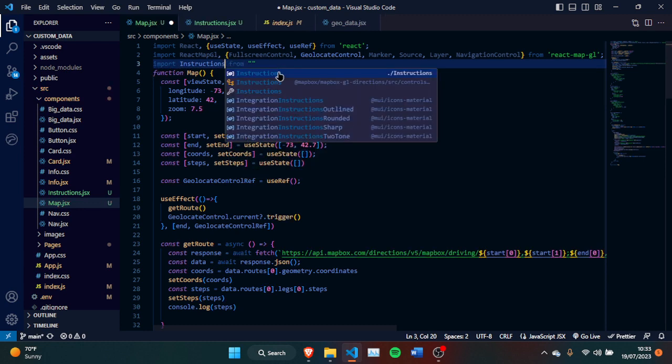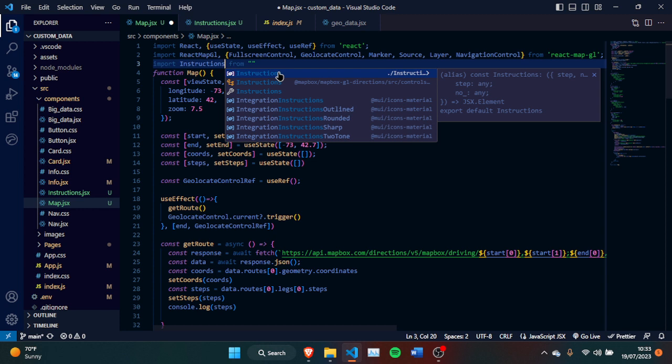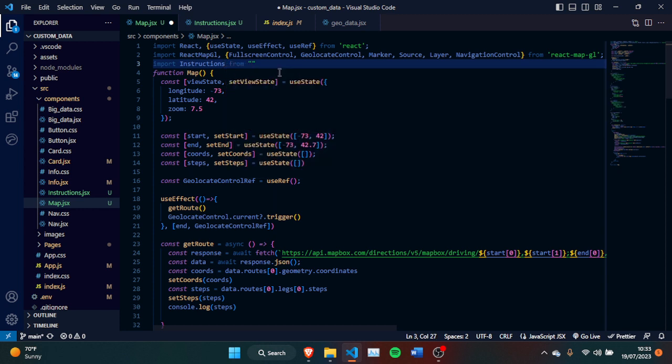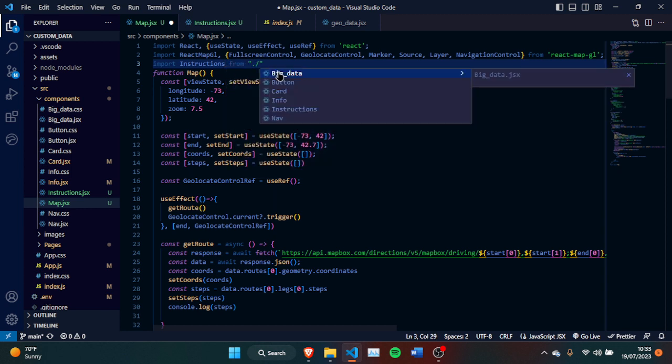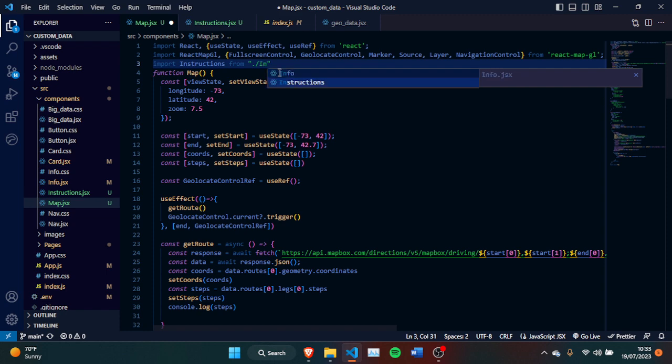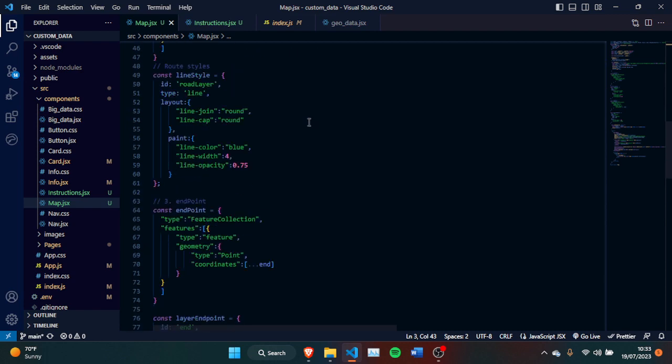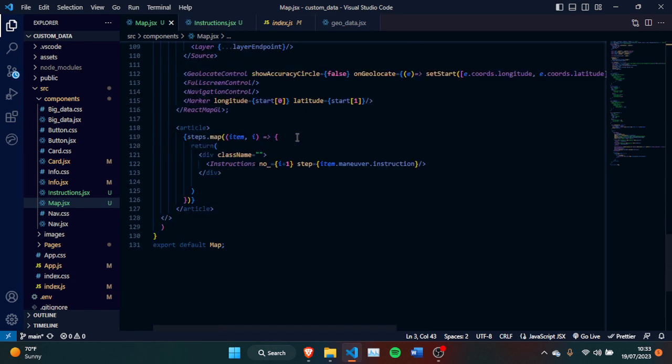Import instructions from... like so. And so that we can come down here and I can just go ahead and now give this display of